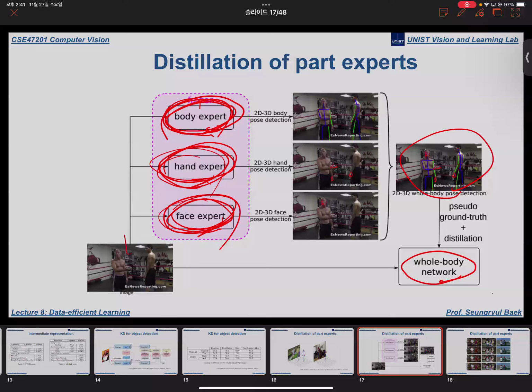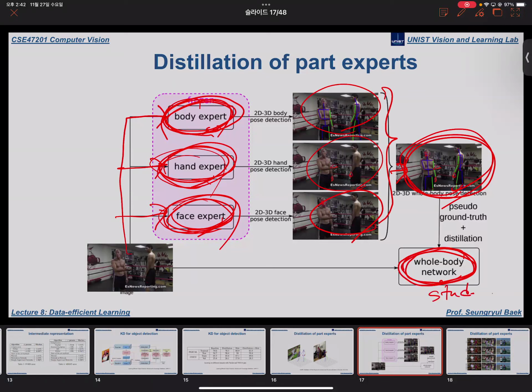By inputting some new training data to them, we generate outputs, and we combine them to make a whole-body pseudo ground truth, and then train a new student network that can mimic this